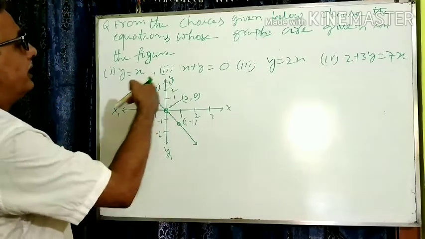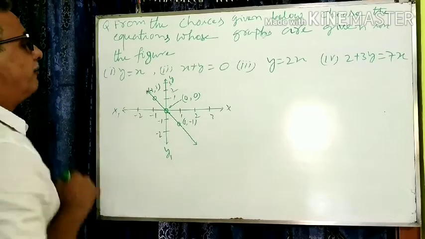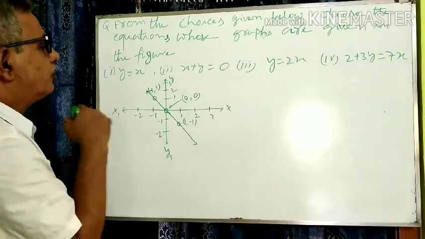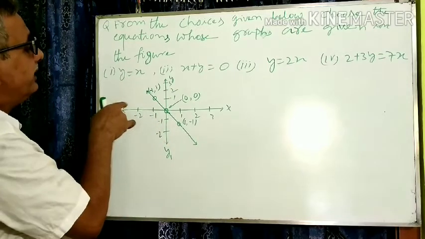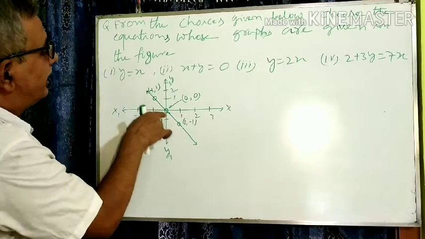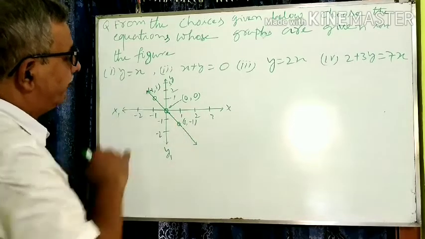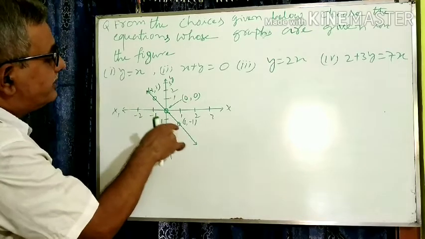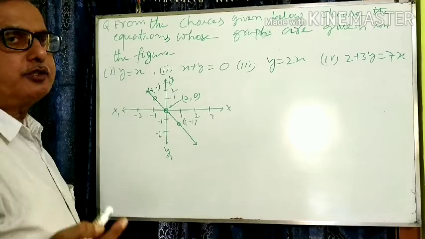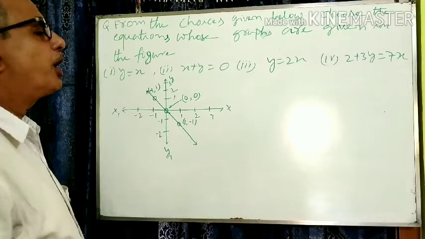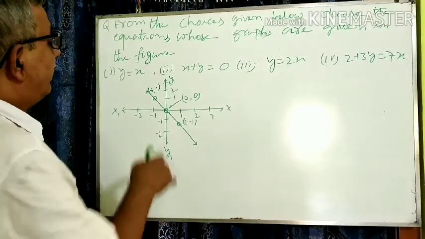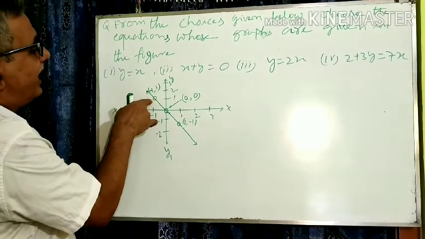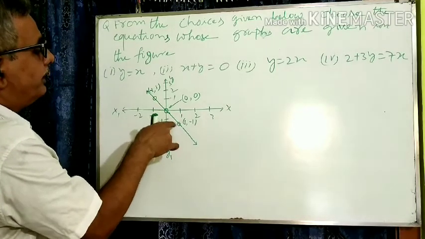And here you see, in this graph, this is the x-axis, this is the y-axis, the vertical axis is called the y-axis. And this is the line. On this line, there are 3 points shown. Of course, on a line, an infinite number of points lie. But here, 3 points are shown in the figure.